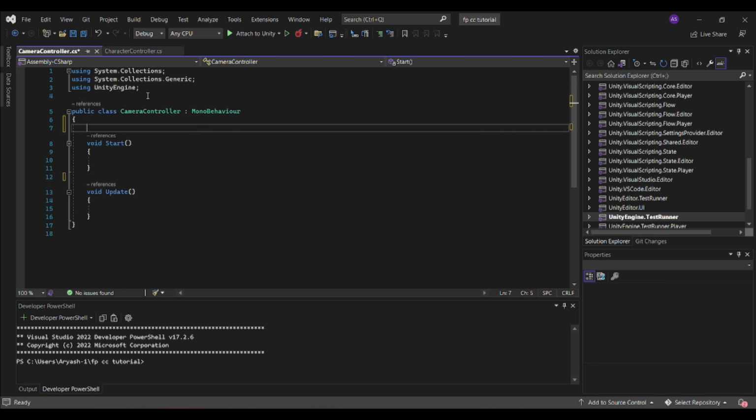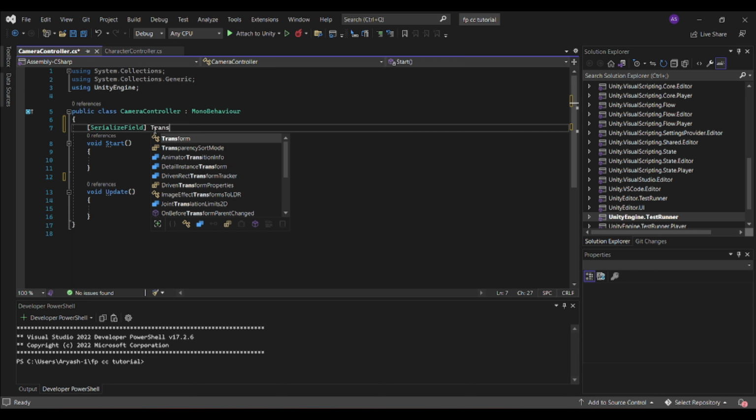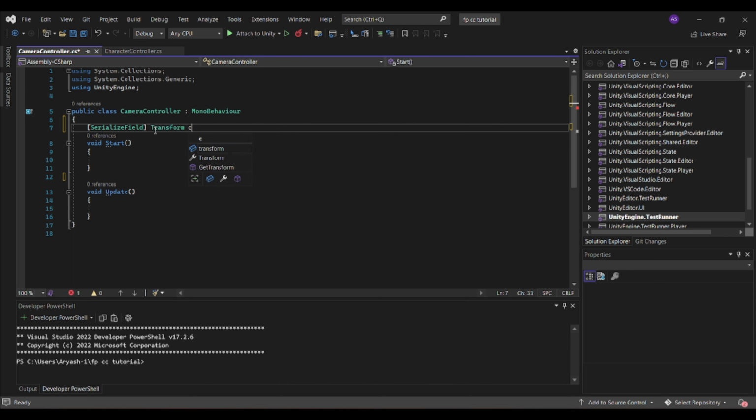So the first variables are going to be serialized fields. If you don't know what these are, basically they're variables that let private variables be seen in the Unity editor without being accessible by other scripts. So create a serialized field in square brackets and make it a Transform and say cameraPos, I'll just abbreviate it.